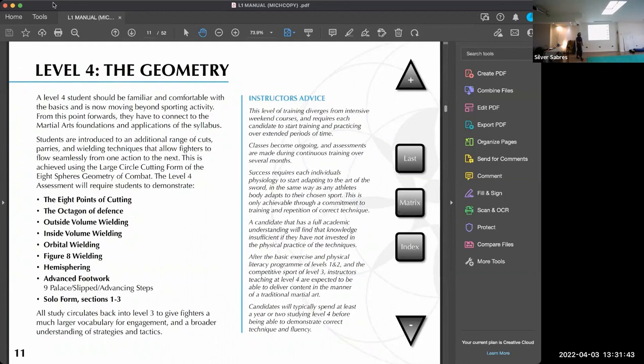Yes, so you start to see that even though the levels are very precisely defined as to what content is in each level, actually in a class, you are probably for each individual student going to be drawing from 2, 3, maybe even 4 levels worth of syllabus to help them to isolate and work on whatever it is they're dealing with. For example,